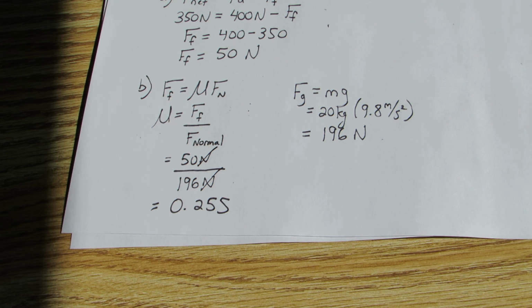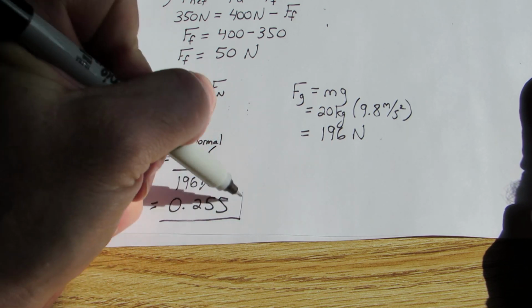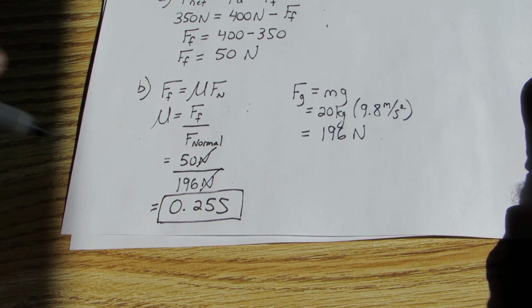And part C says, is the road made of concrete or asphalt? And is it dry or wet? So now you could take this value, because remember, it did mention in the question that the